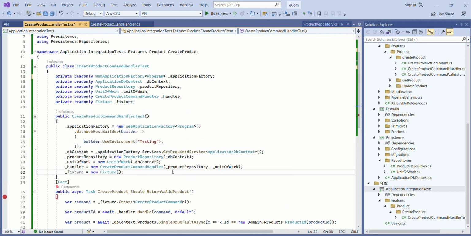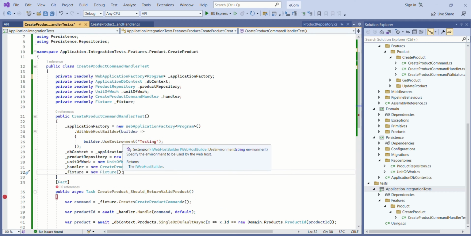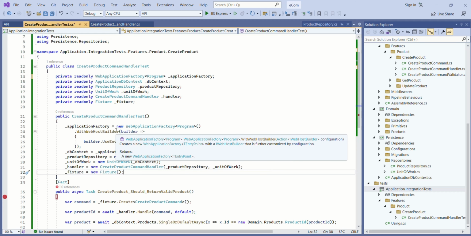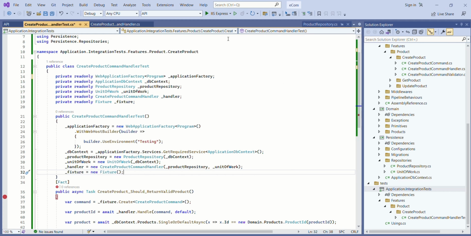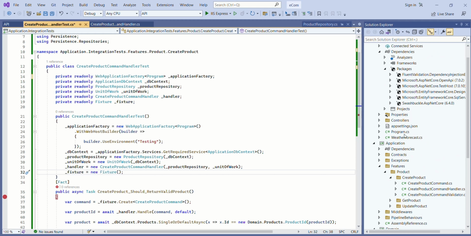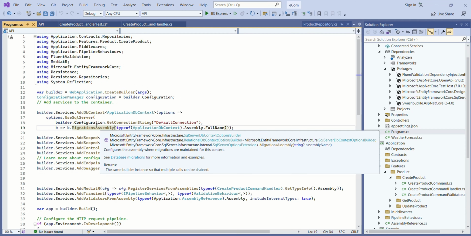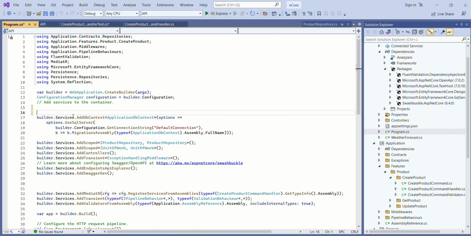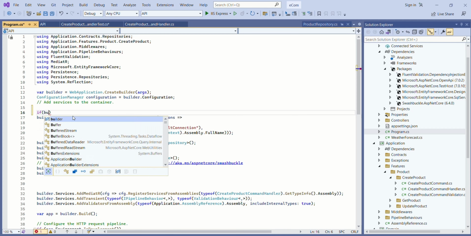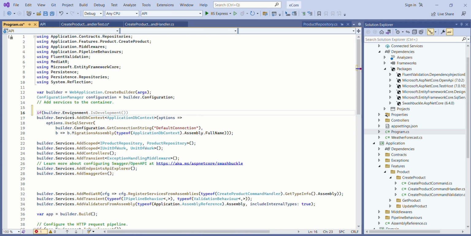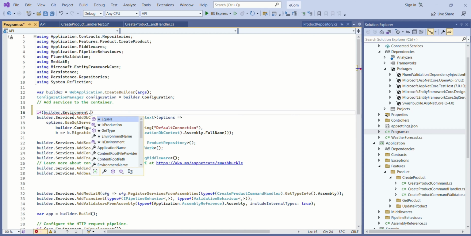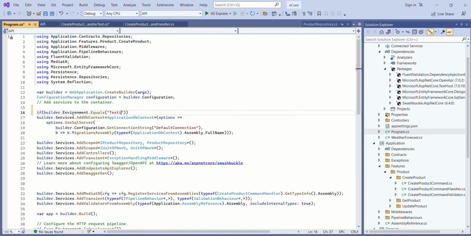One more setting is required. We are using the environment as Testing here, so we need to configure this in the Program file as well. For that, I'm going back into the Program file, and there I'm going to mention: if builder.Environment equals Testing,